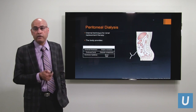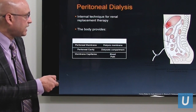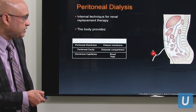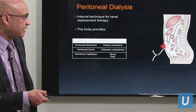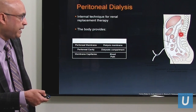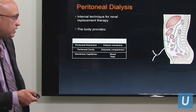Now, what is peritoneal dialysis? So the peritoneal cavity is a cavity inside your abdomen, and as you can see, the white area is your peritoneal cavity. We put a catheter in that goes just under your skin into the peritoneal cavity. We put fluid in, the dialysate, into the cavity. We let it sit, we call it the dwell time, in the peritoneal cavity. The exchange happens. The bad stuff from your blood comes into the dialysate,